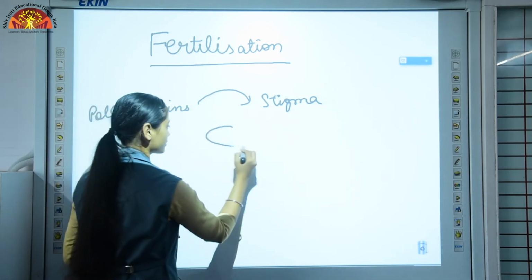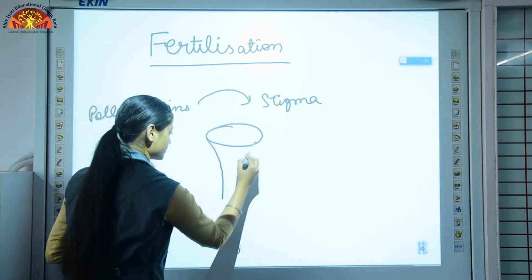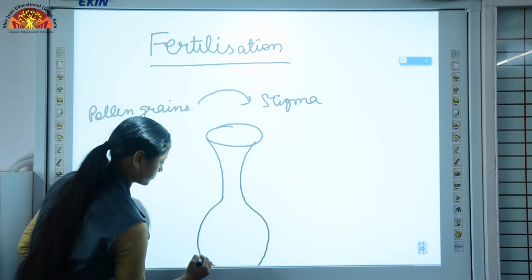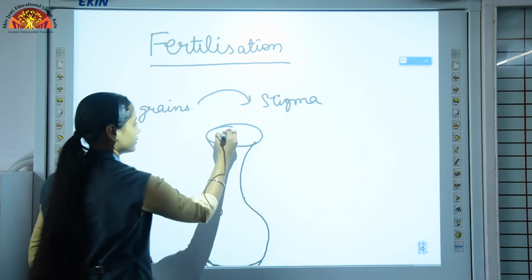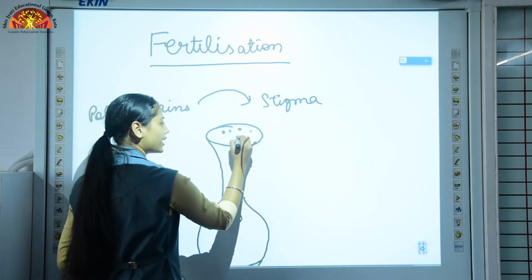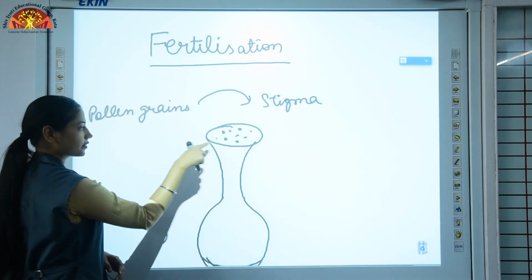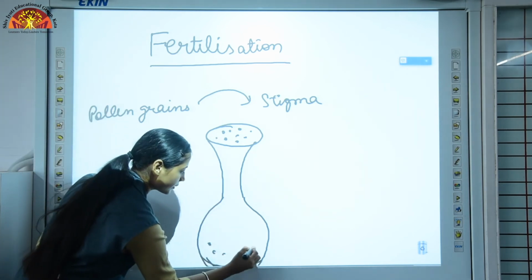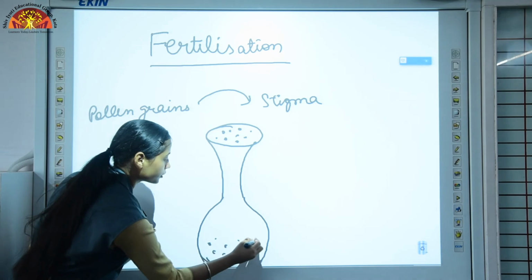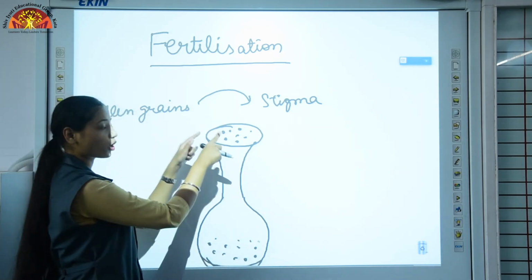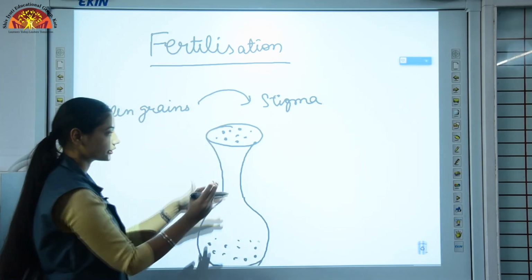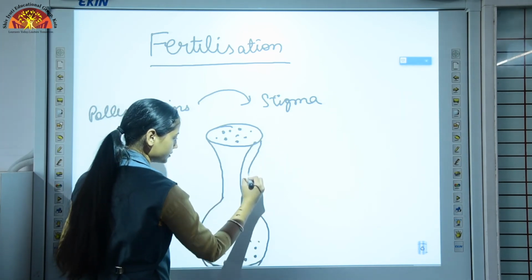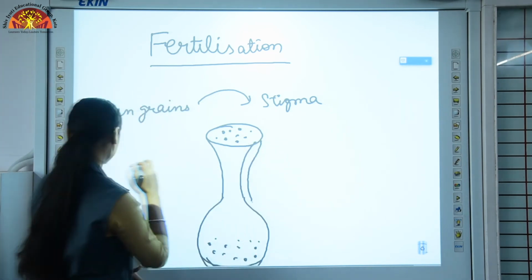Now this is stigma, style and ovary. Now this stigma has received these pollen grains here, but eggs, the female reproductive cells are present here. So what will happen? These pollen grains, they will develop a tube here on the side, this tube, or let's say